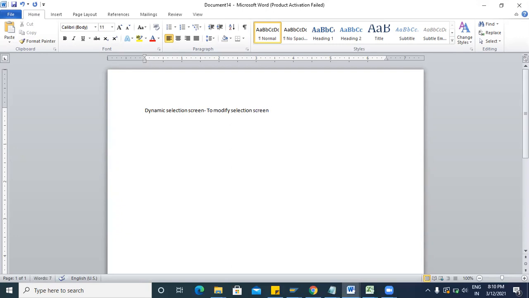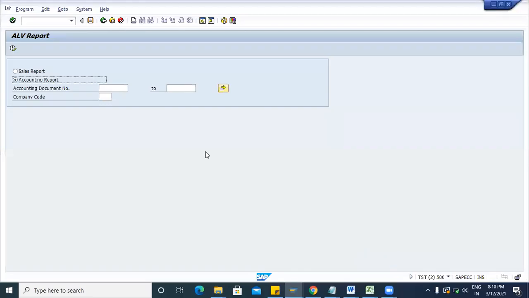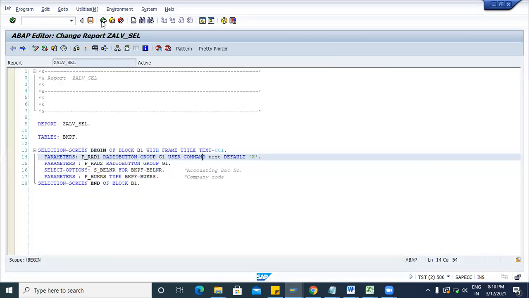If we are modifying the selection screen, that is called a dynamic selection screen, enabling some parameters and disabling some parameters. If you select this radio button, sales report, then only company code will be enabled. Now let me show you how we can create the dynamic selection screen.